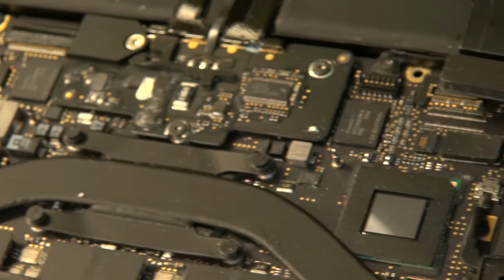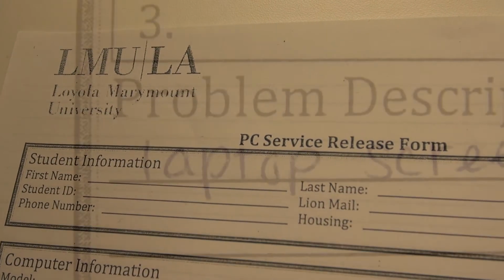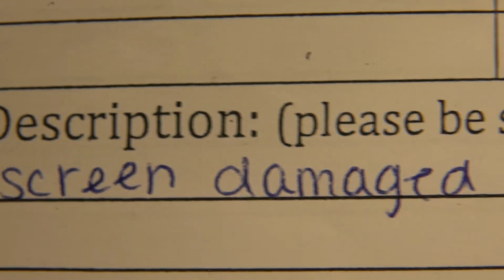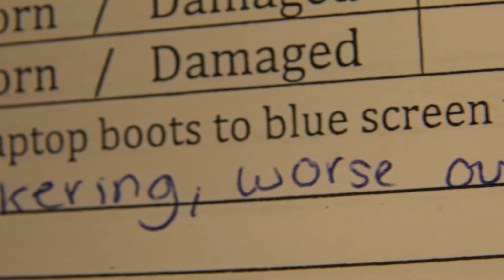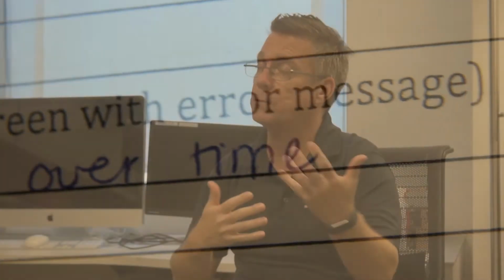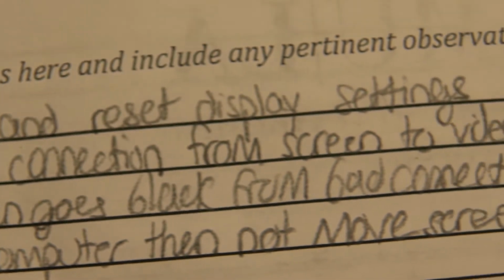we ask that they bring their laptop, their power cord, and they sign a release form describing all their contact information and description of the problem. And so we log it, we intake it, we lock it up until we get students in their shifts where they can look at it, troubleshoot. We log all the steps that are taken to try to fix the problem, and then it's either fixed or not fixed, and we call or email that student back and let them know what the state is. It's ready for pickup, and they're either happy or they're off to escalate it to an Apple Store or something